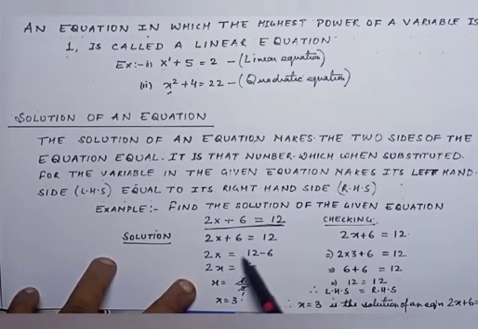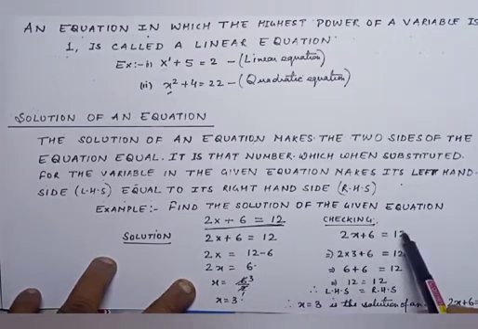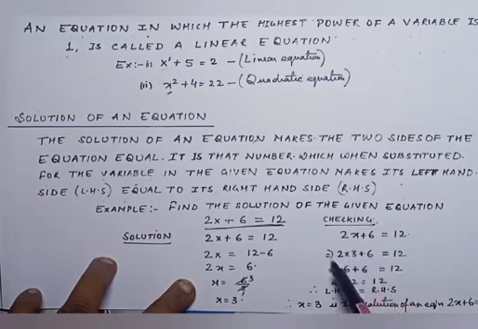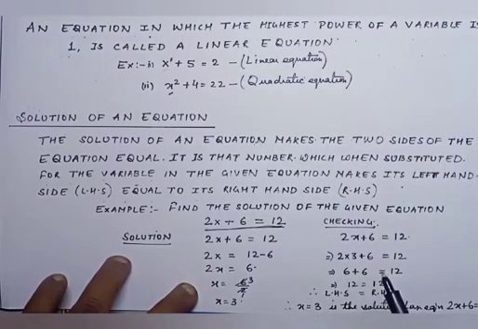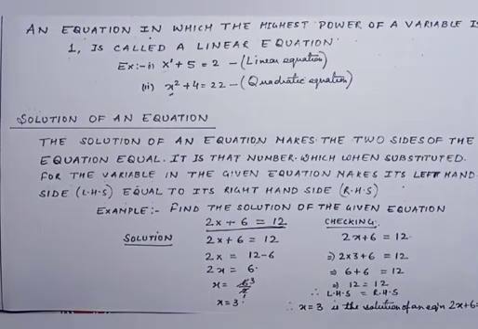Over here I have taken the value of x as 3. Now if I have to check whether the value of x that I have taken is correct or not, simply we put that value of x in the original equation, and if it makes both LHS and RHS equal, then we can say that the above answer is the solution of the given equation. I hope this much is clear to everyone.